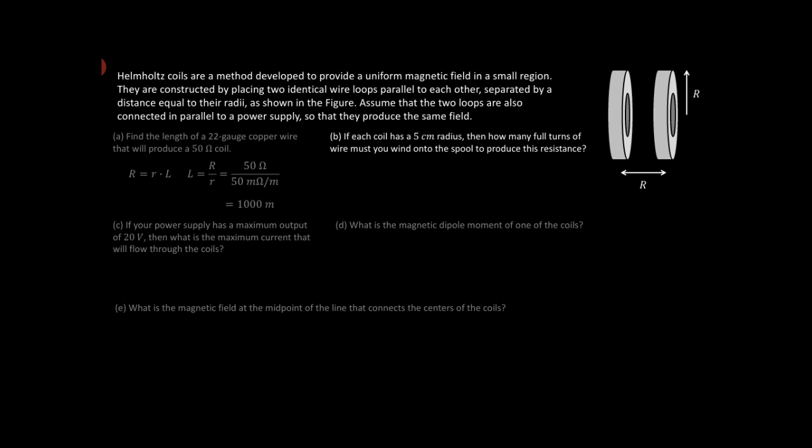You just mount it on the lathe and make sure all of the wires go in there well. So we want to figure out how many turns go on there. That number is the length of wire, 1,000 meters, over the circumference of your spool. The circumference of the spool is 2 pi r,